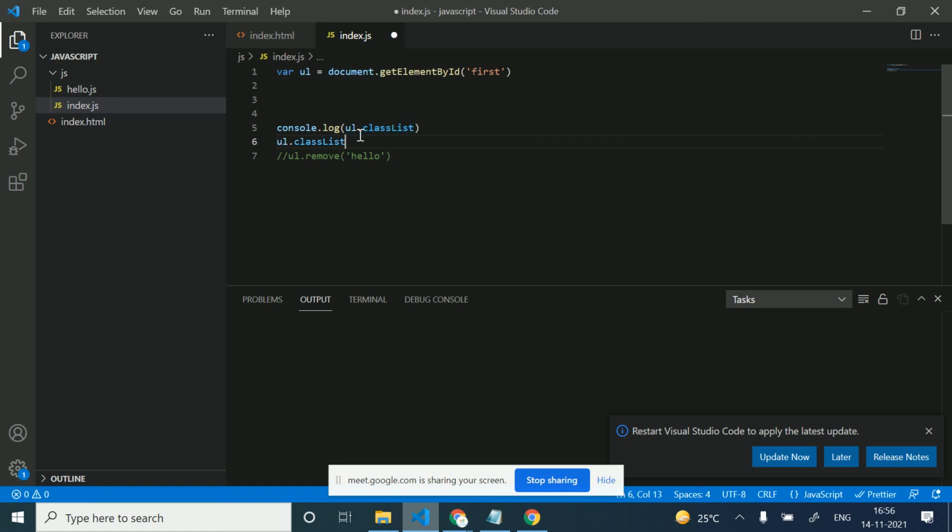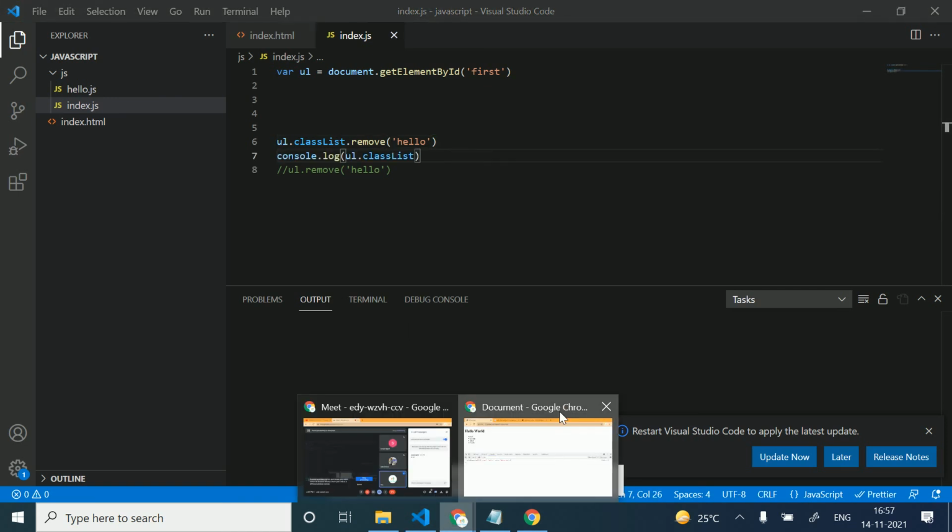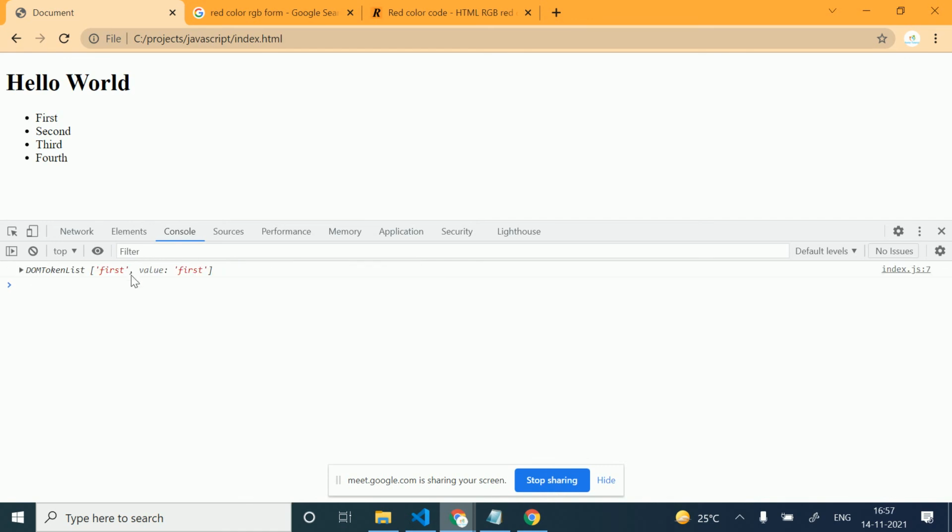Now we will use remove, and we will remove hello, and I will console log after this. Now you will see that we have only one class here, first, and hello is removed.